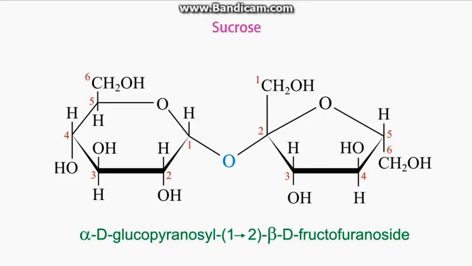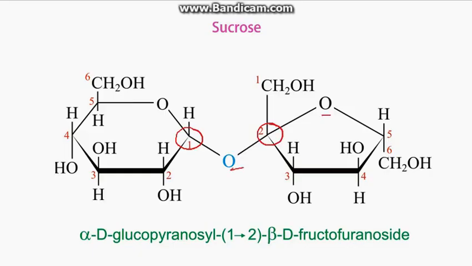Now let us see this peculiar case of sucrose. We saw that lactose and maltose, both of these are reducing sugars. If you examine the structure of glucose and fructose, you will see that they are also reducing sugars. But what happens in the case of sucrose? Now in sucrose, this is the anomeric carbon. I hope you've learned to identify this now, connected to two oxygens. On the other hand, this is also the anomeric carbon, which is connected to two oxygens.